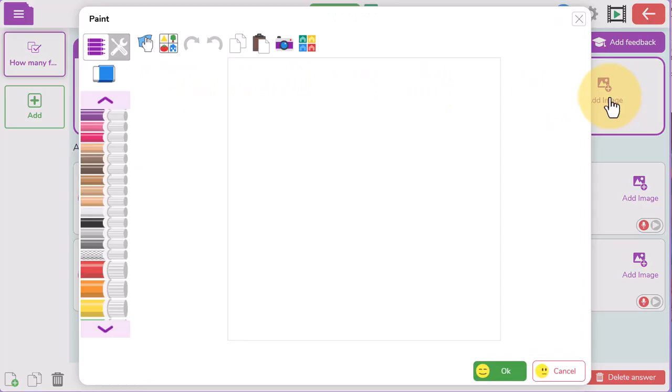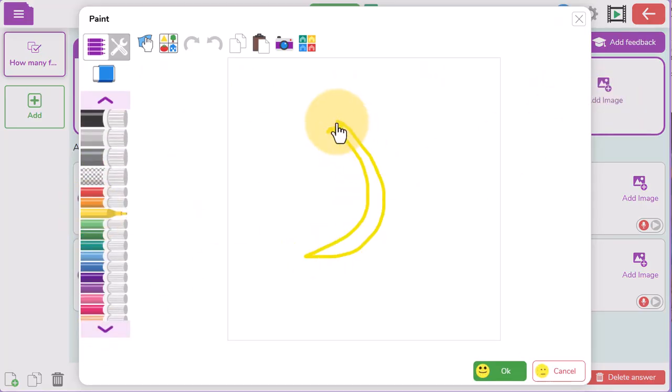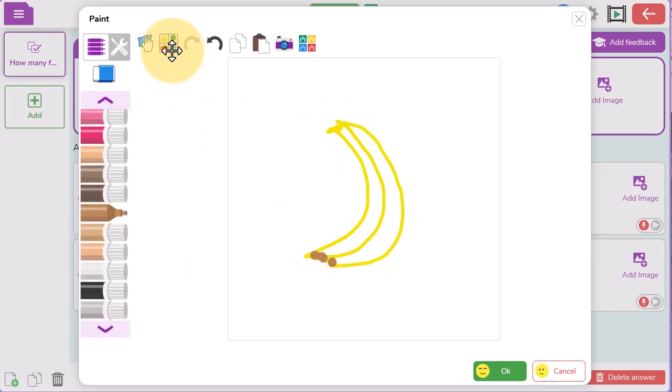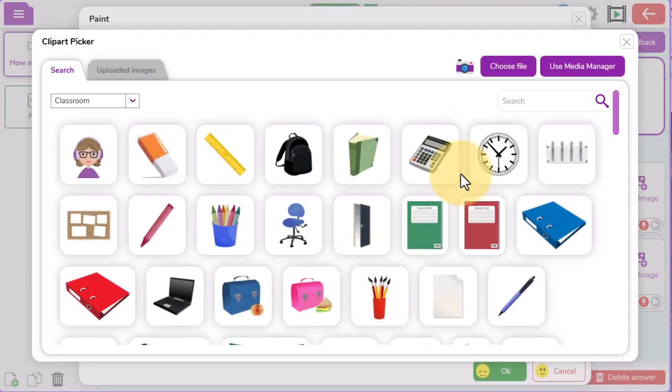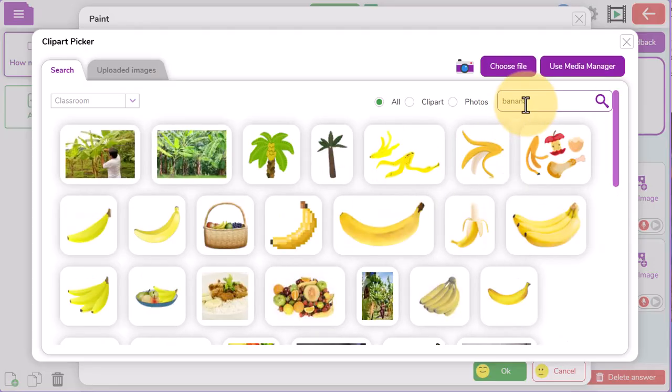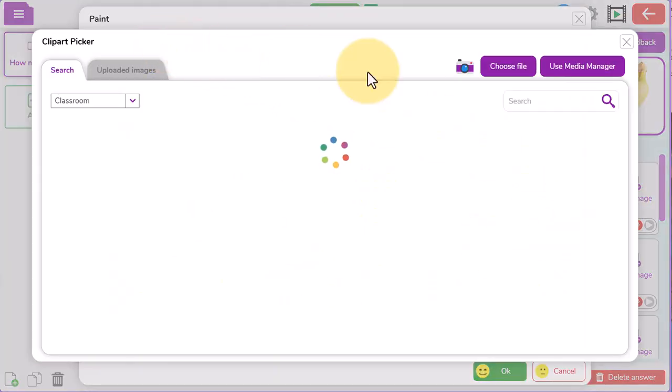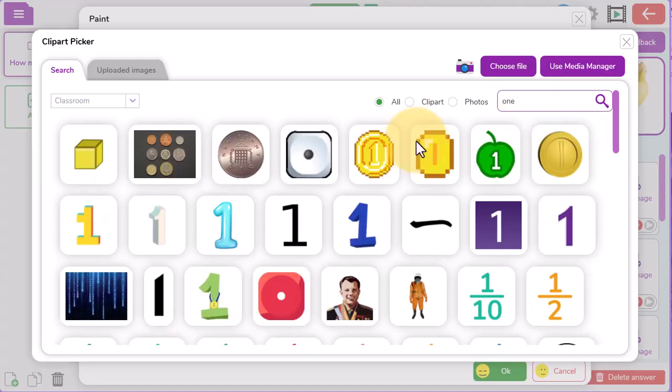In the smaller white box, you can click to add an image. You can draw it in here, or you've got these options along the top, such as using the search button to find an image from your own computer or the Purple Mash Media Library. For this question, I'm going to select an image from the Media Library. Once you've made your answers, you can also choose to add an image alongside them, again to support those children